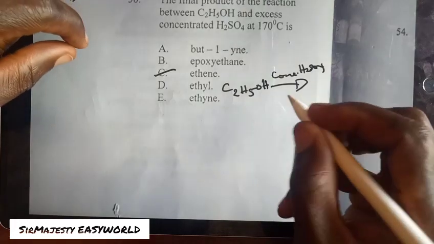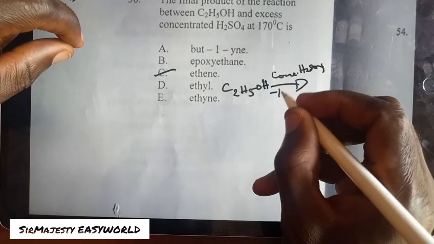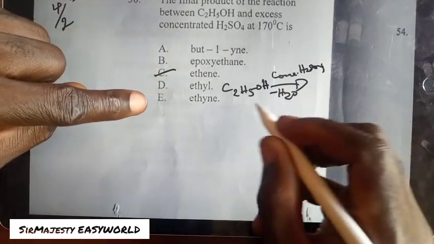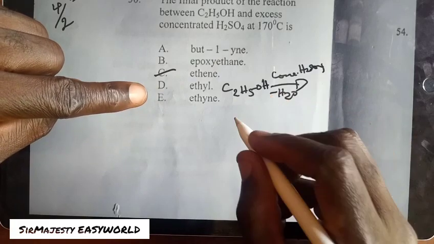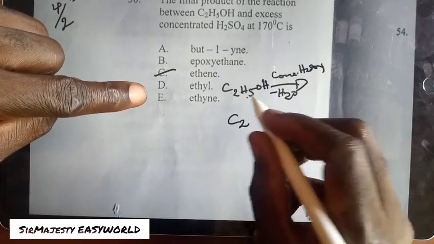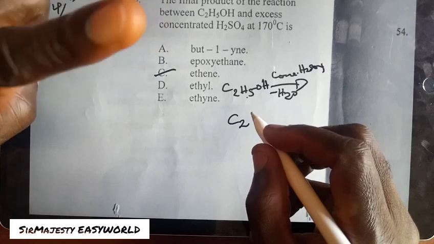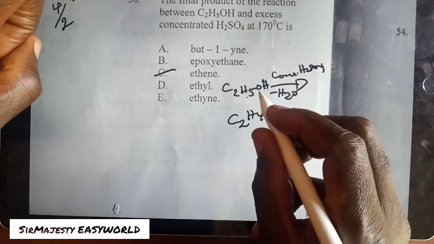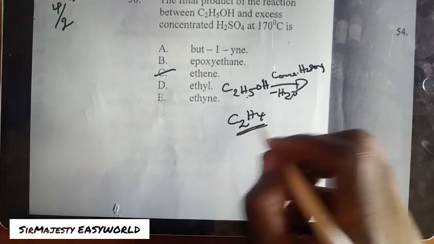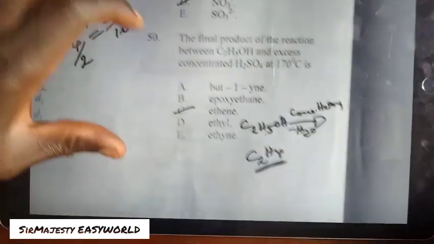Okay, now if you do this, the H2SO4 will just say minus H2O. Remove water here. Remove 2 hydrogens. There are 6 hydrogens. Carbon is constant. This is 5 plus 1, 6. Then if you remove 2, there remains 4. There is only 1 oxygen and it has been removed. So what remains is ethene. Okay, we go to question